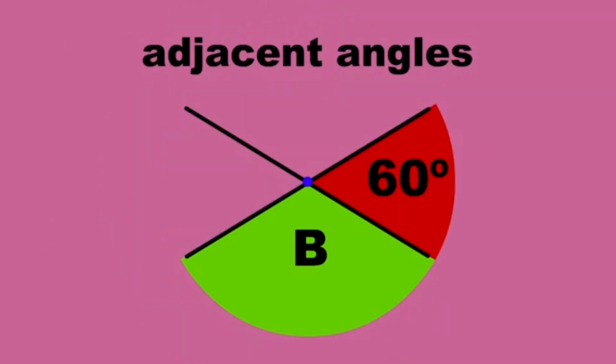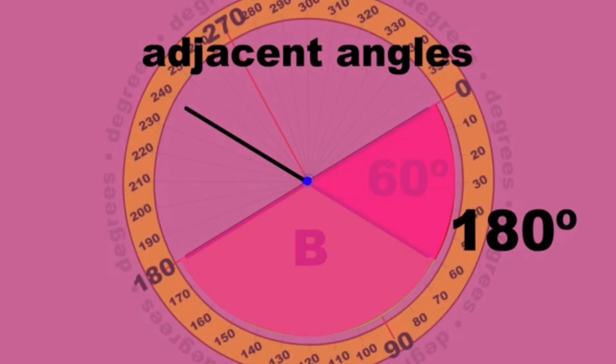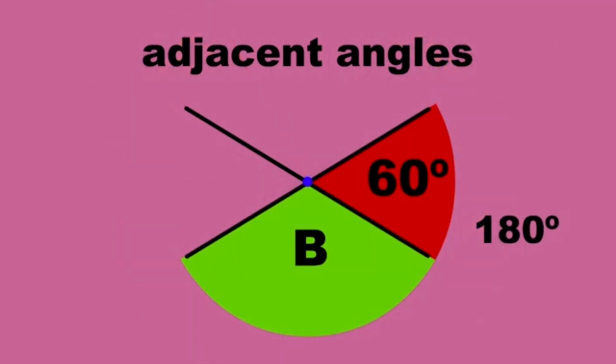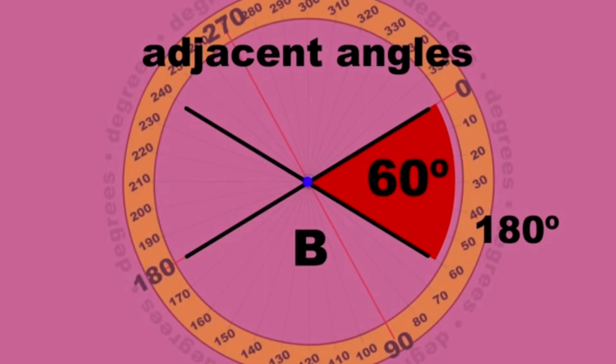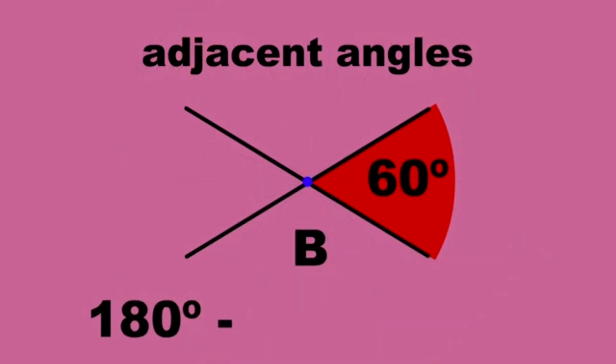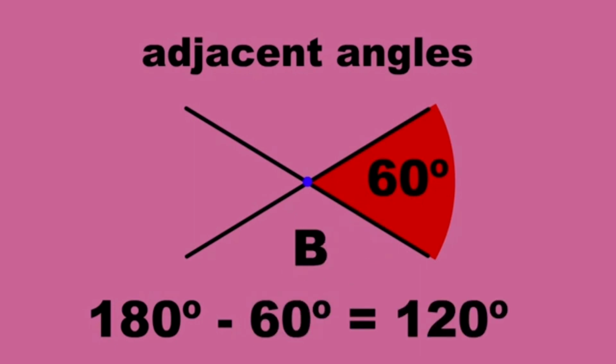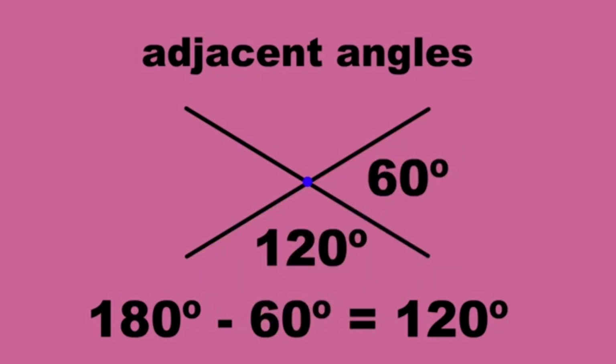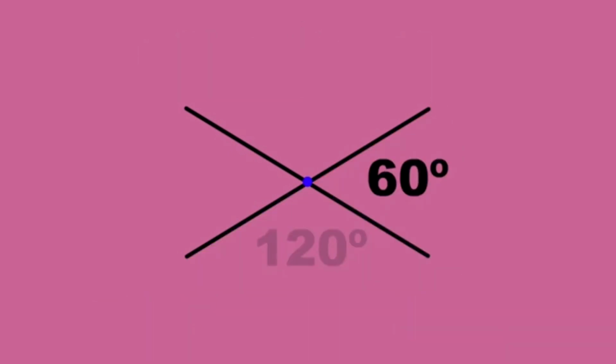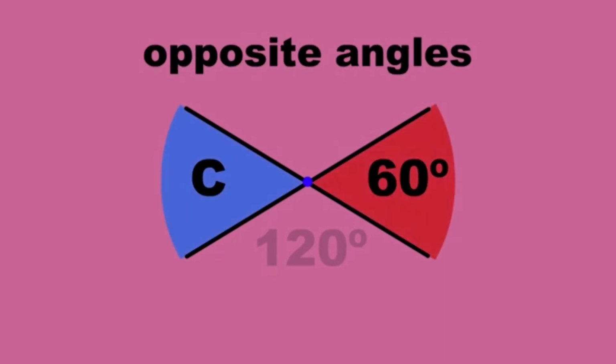When two adjacent angles are 180 degrees, the one angle you know is 60 degrees. 180 minus 60 is 120 degrees. The other adjacent angle is 120 degrees. Opposite angles are equal, you see. The angle opposite 60